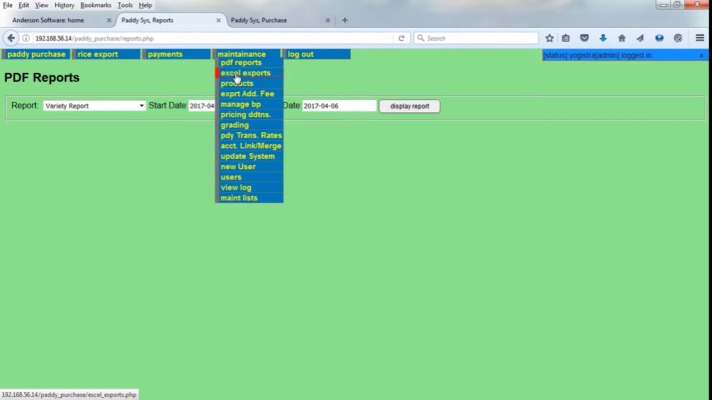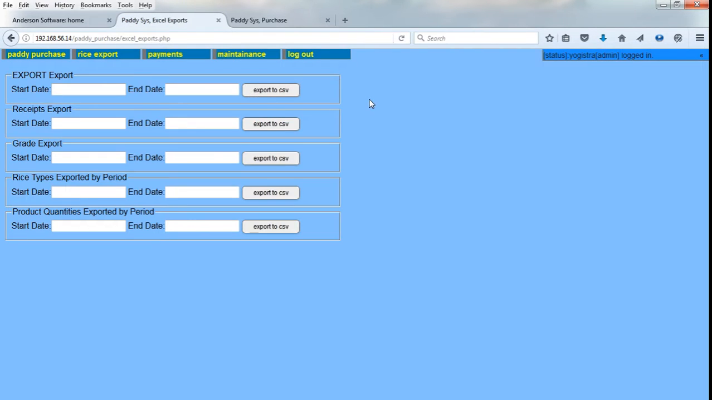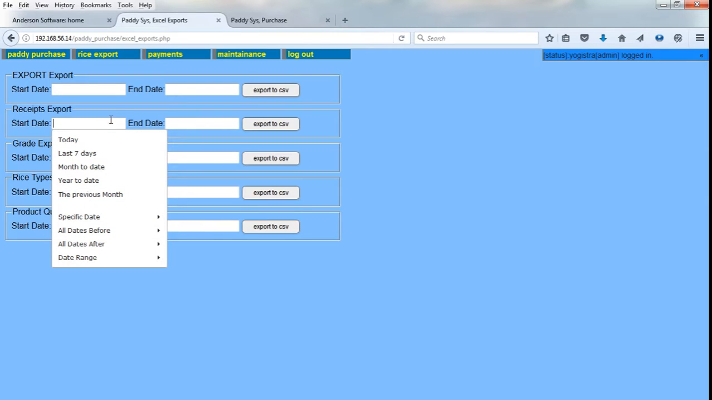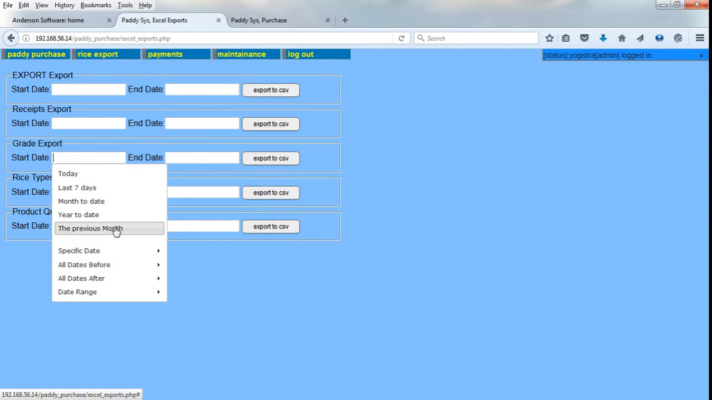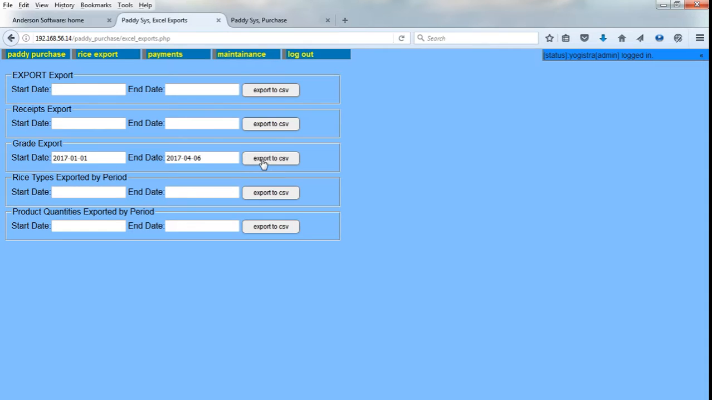We also have some Excel exports, meaning some Excel files that we can download from the system. We can download the receipts. This relates to payment. This is important. This is a record that GRDB likes. They like to see the grading report, so we can give them the report for this month, or let's give them the report for the year. We won't have a lot. Remember, this is a demo system,